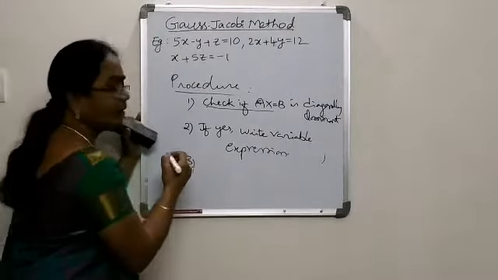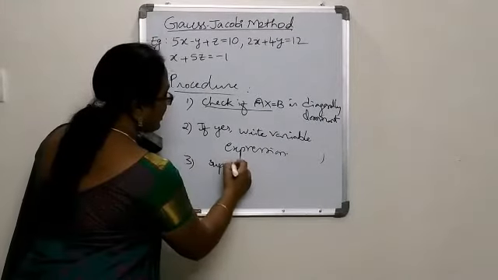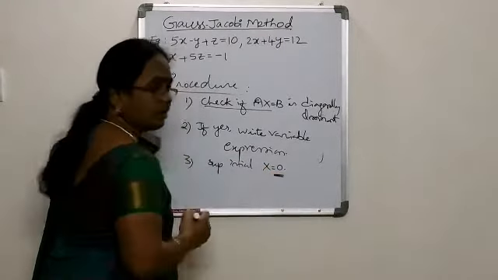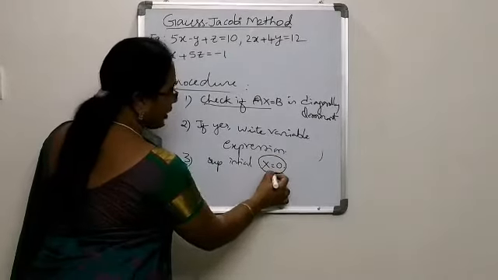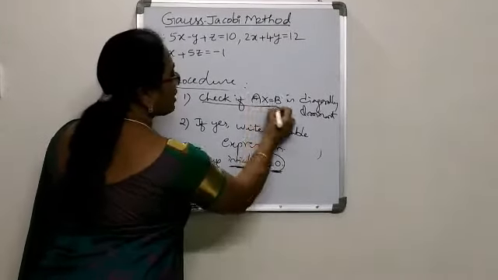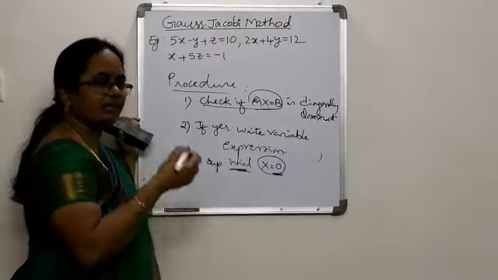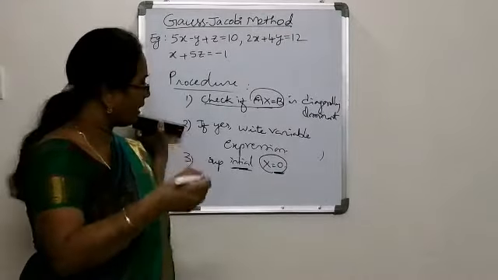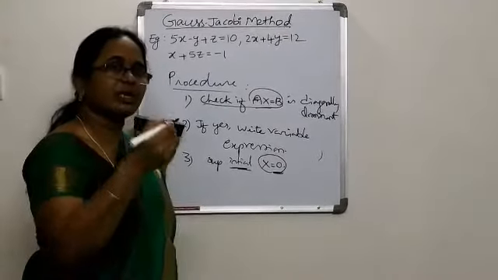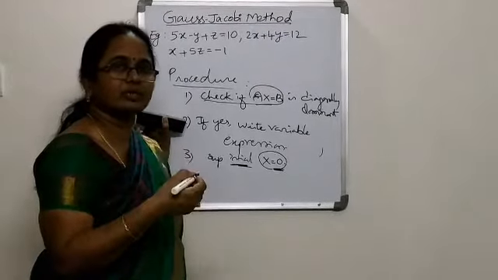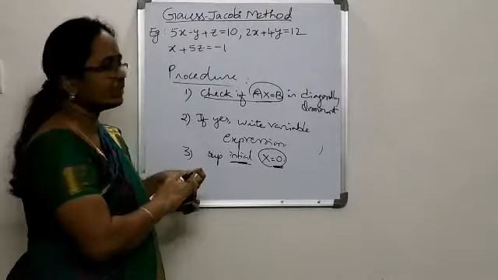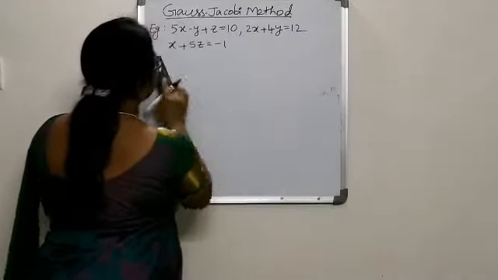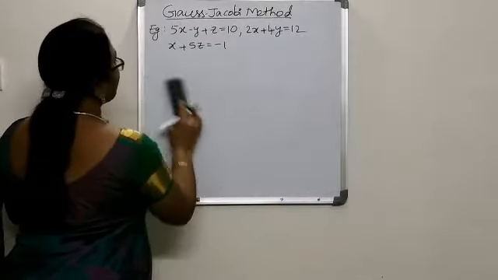In the third step, we suppose that the initial solution of the system is x equal to 0. Right? We are supposing that the 0 solution is the initial solution for the given non-homogeneous system. And then we try to improve the assumed 0 solution to the next and next, better and better values, which can finally give us the best approximation solution for the given system. Now let us apply this process to solve the example shown here. Please all of you look at the problem here.